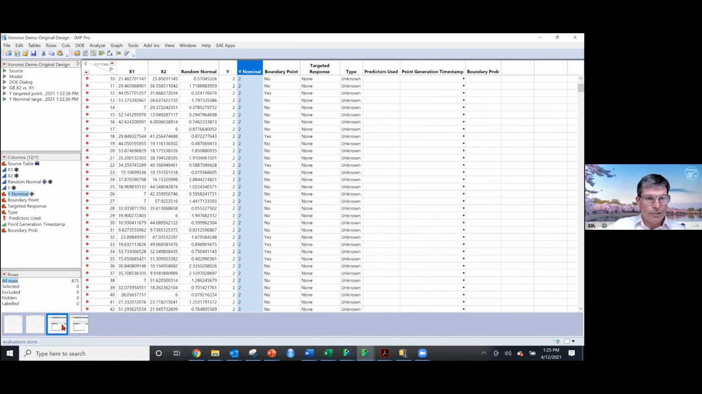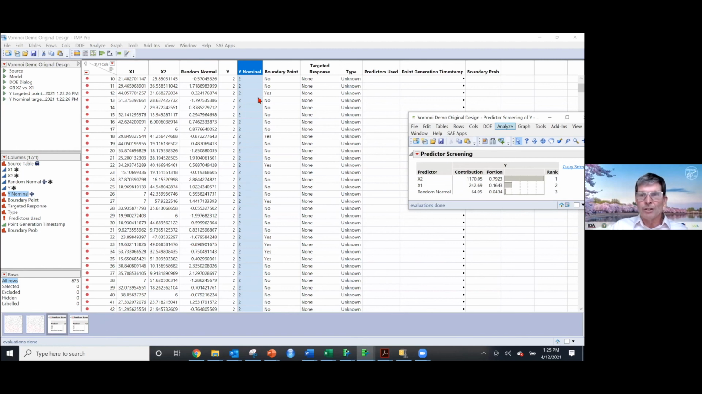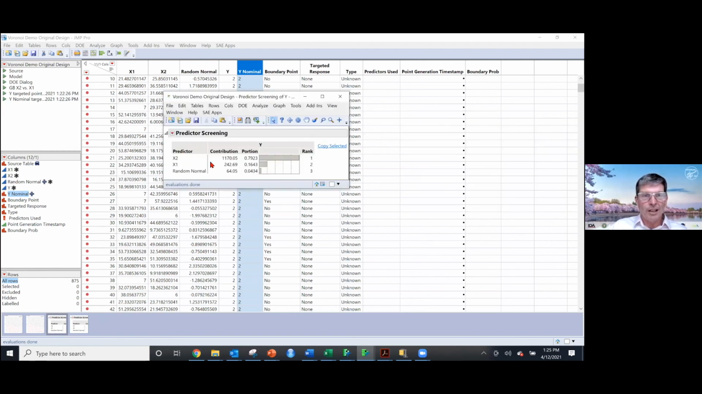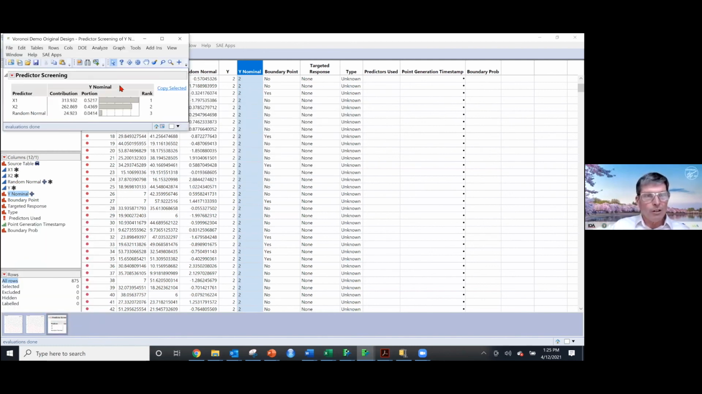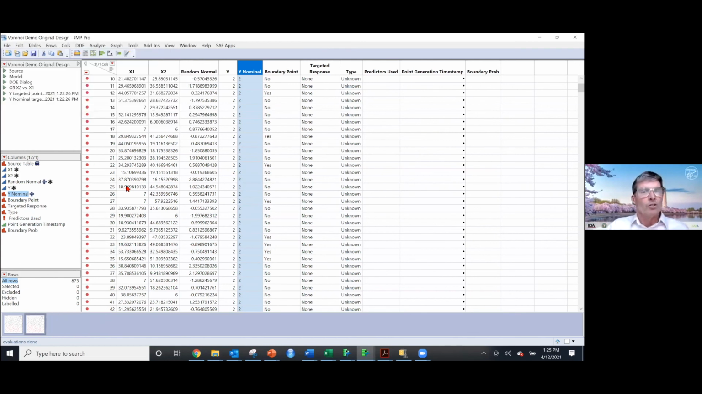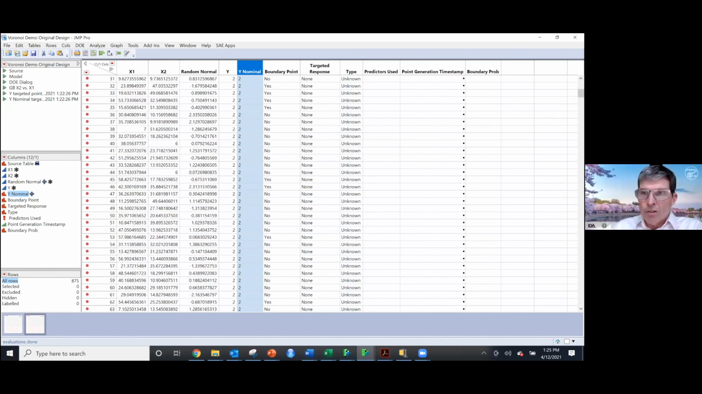So the first thing I note is it's going to give me this predictor screening. If I'm looking at this one of y, I can see the p-value right here, the proportion. I don't want to use that random normal, so I've done well there. Similarly, I've done well on the nominal response. So now the question is, what happened? Let's look real quick at the geometry